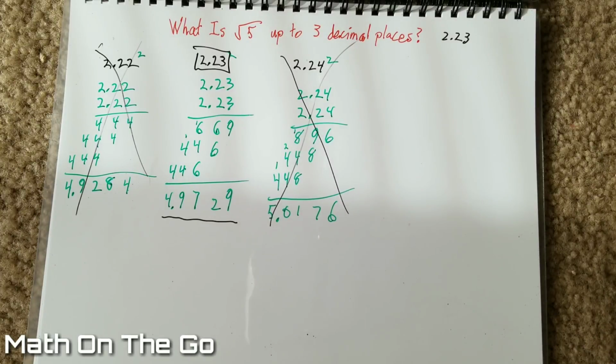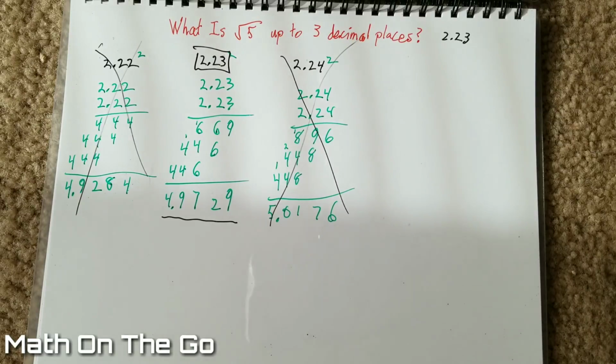If you haven't noticed the pattern yet, I'll point it out. As we're trying to find a decimal place, such as the tenths place, when we squared it, we were trying to get as close to 5 as possible without going over. 2.1 gave us 4.41, so we tried higher. 2.2 gave us 4.84, which was correct, but we tried a little higher, which went over. 4.41 to 4.84 was a jump of 0.43, so we could have guessed that 2.3 was going to be too